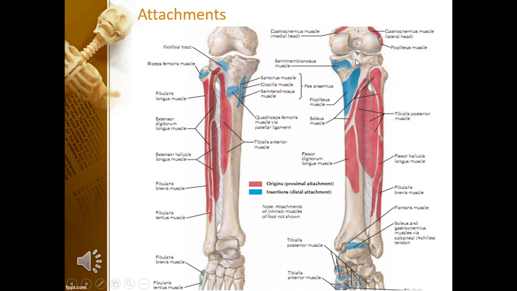Now looking at the posterior aspect, you can see after grooving the posterior aspect of the lateral condyle, the popliteus muscle is inserted over the triangular area above the soleal line. Soleus muscle is taking origin from the soleal line of the tibia and from the head of the fibula. Here you can see